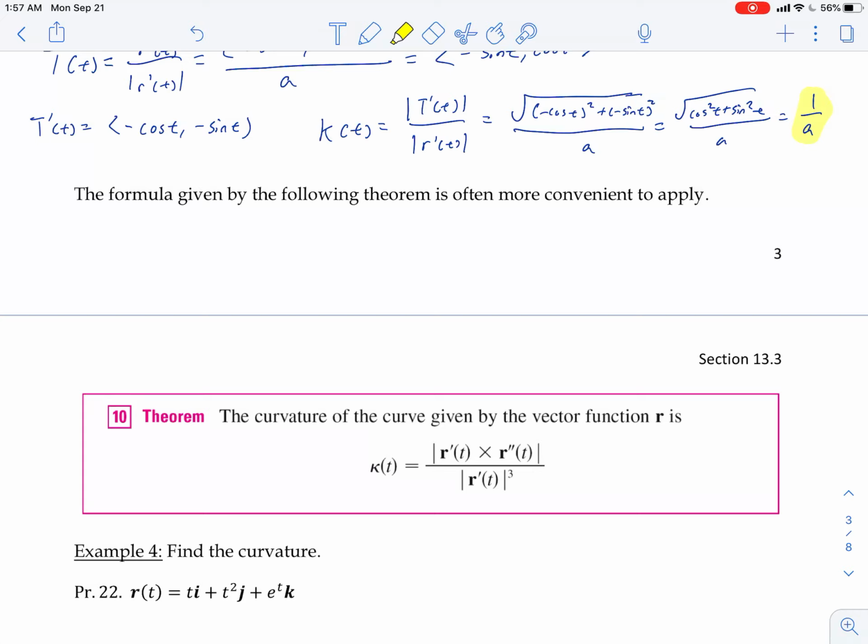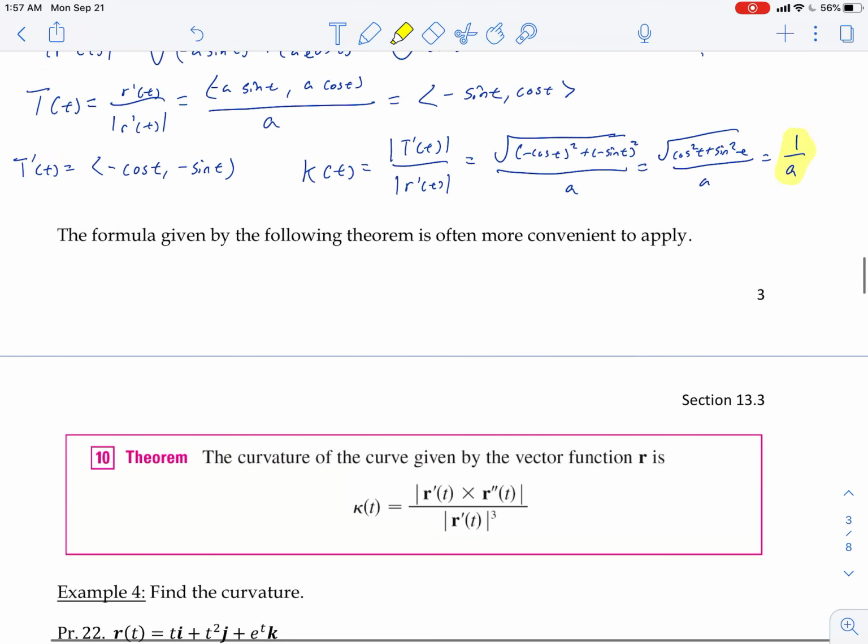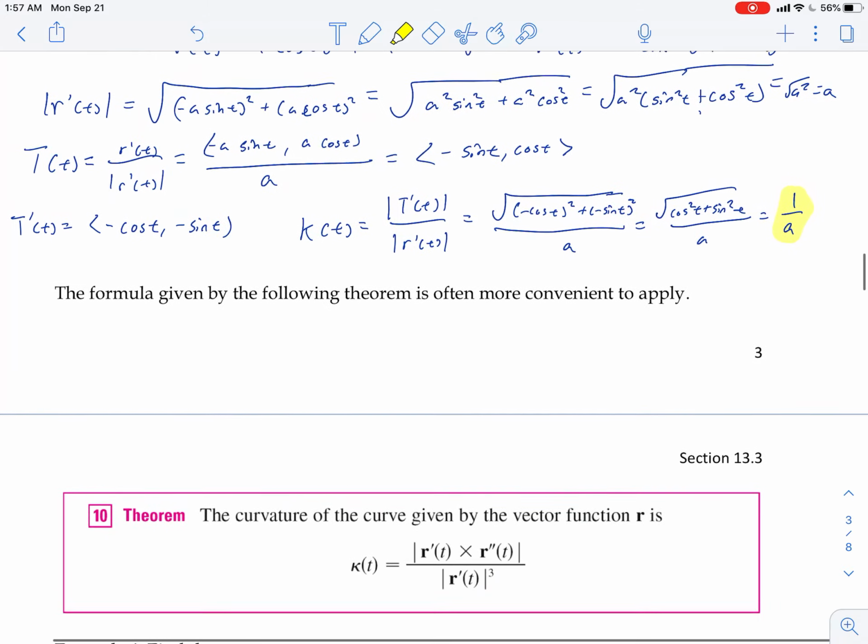Now, the formula given by the following theorem is the one that's going to be more convenient to apply, because we don't really have to find the tangent vector and we can just use the vector that's given. So the curvature of the curve given by the vector function r is kappa of t is equal to the magnitude of the cross product of the first derivative times the second derivative over the magnitude